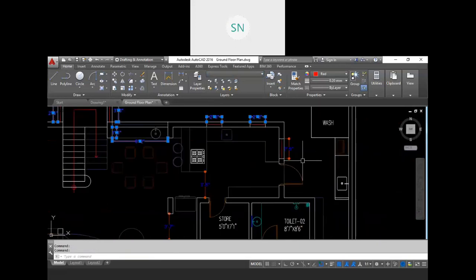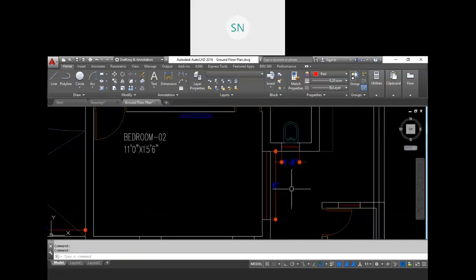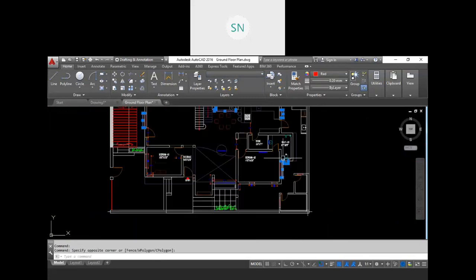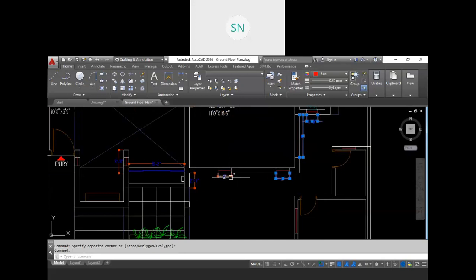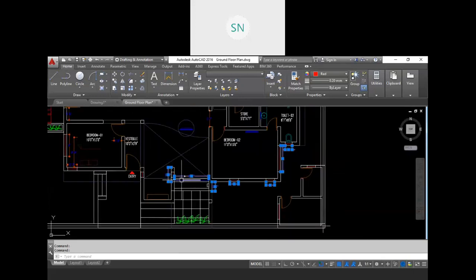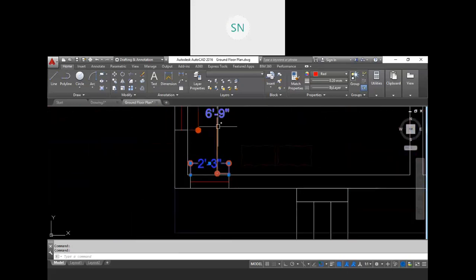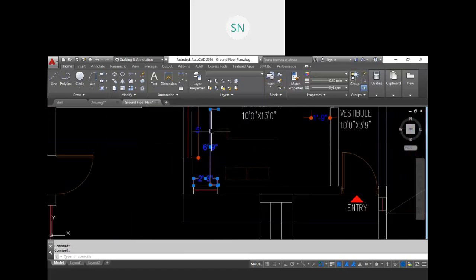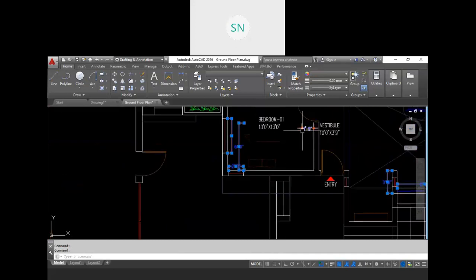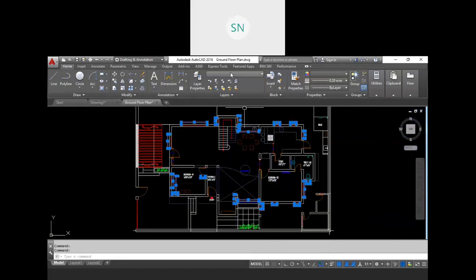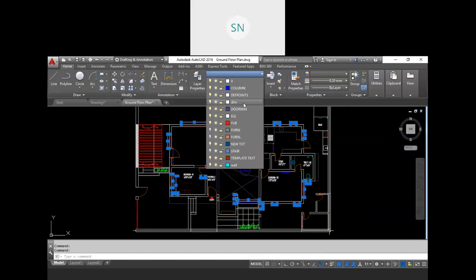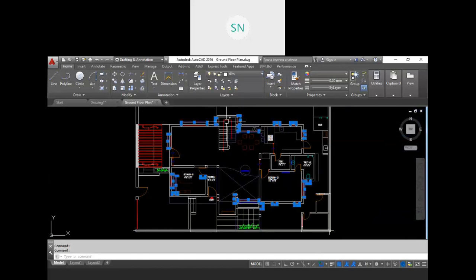So just select it, and then turn that into dimension layer.